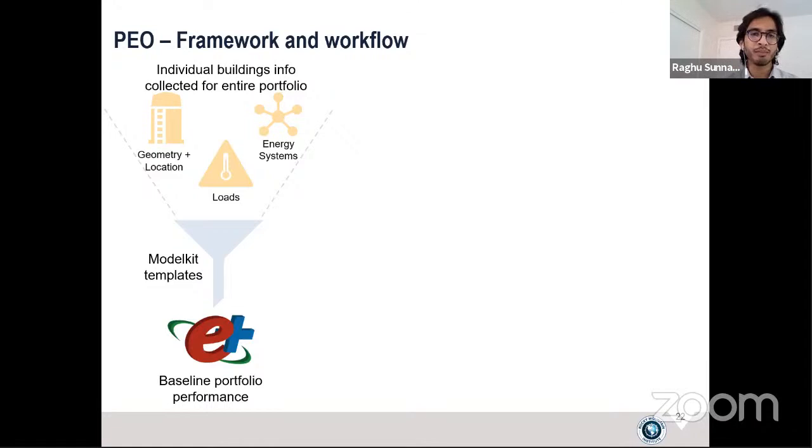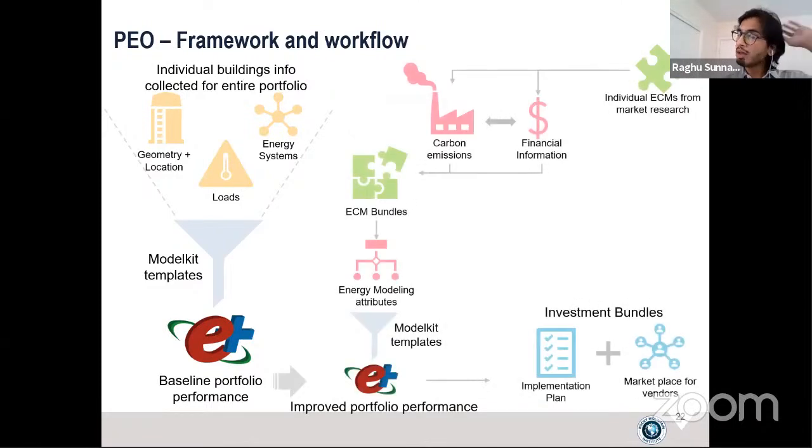So we have an input CSV file, which we populate, and that then runs all of these 162 models. So then the second part of the whole PO workflow focuses more on analysis and the investment solutions